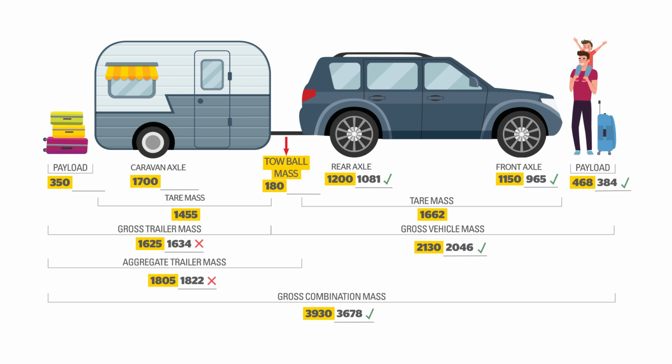Towball mass. We aim for 10%, which is 180 kilograms, but it came in at 188 kilograms, but that's still within the 8 to 12% range. The caravan axle limit was 1,700 kilograms. The weight on that axle was 1,634 kilograms. As a result of weighing the car and caravan, we can now see that we're within the gross